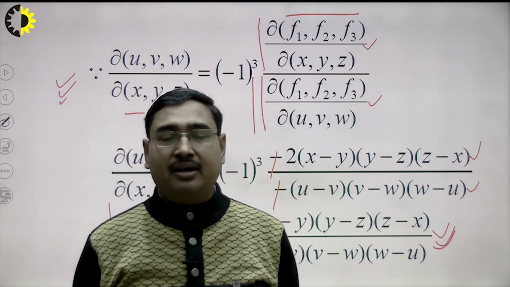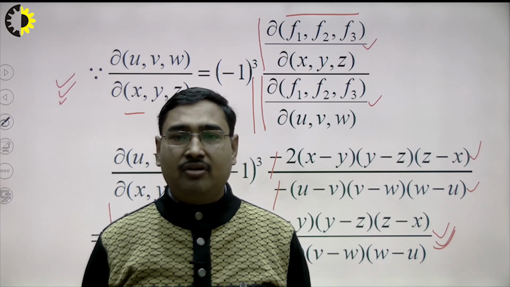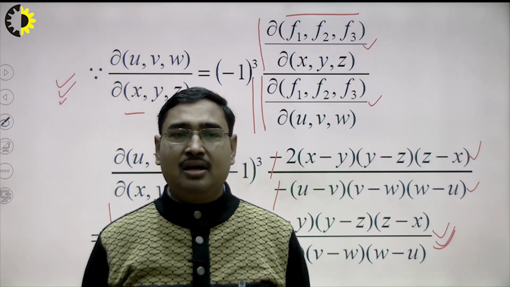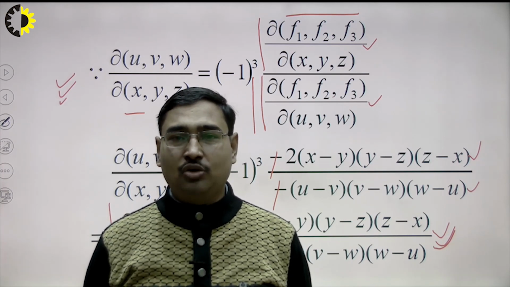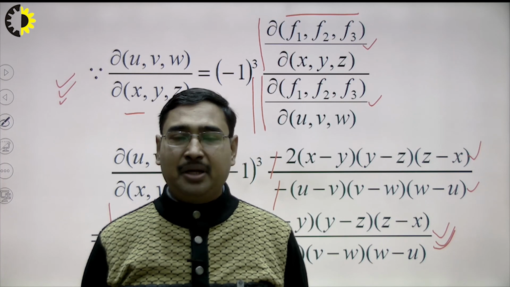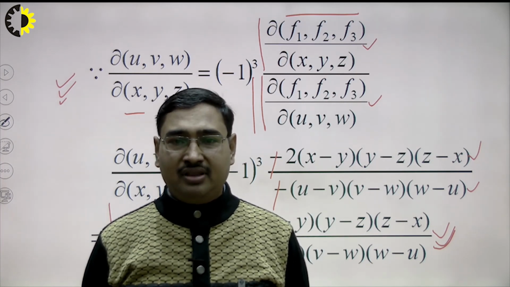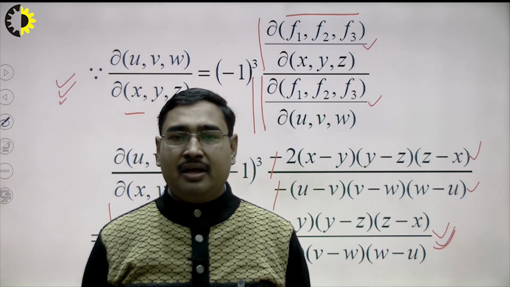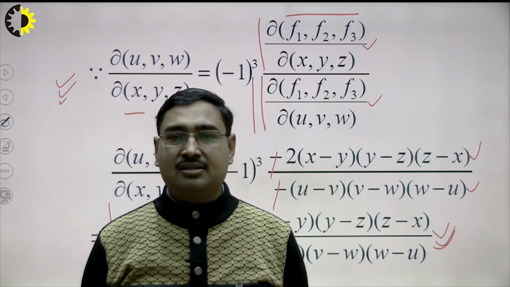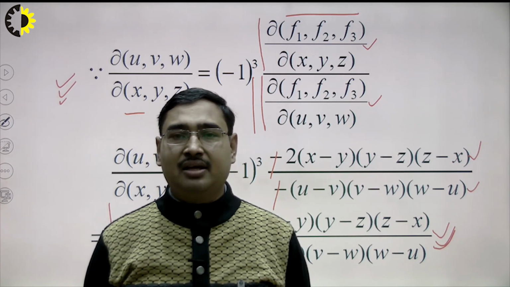Thus, in the current lecture, we have discussed how the formula for implicit functions Jacobian is used. We have taken one example for two functions and two variables. Then we have taken a typical example for three functions and three variables. With this, we are finishing this topic Jacobians, and in the coming lecture we will discuss the last topic of this module, which will be errors. Thanks, and we will continue with errors in the next video.